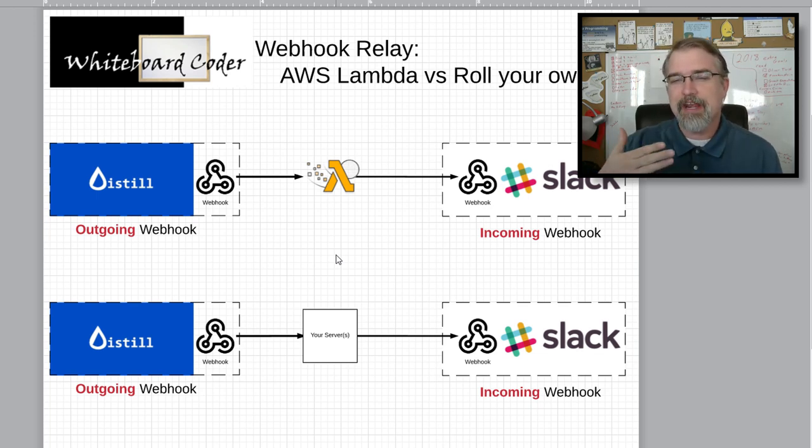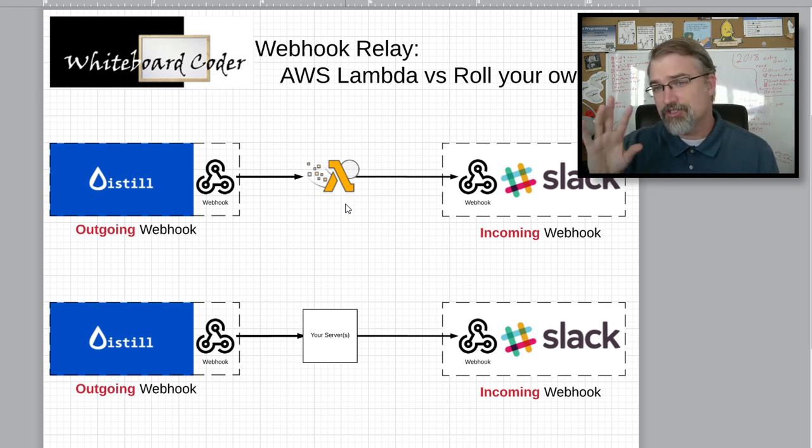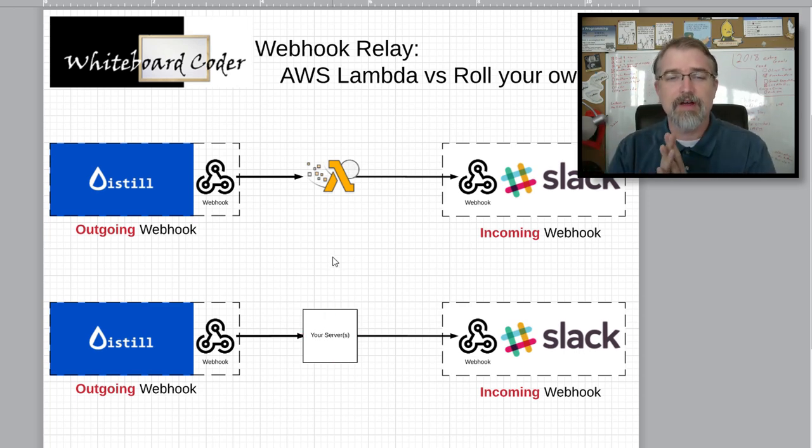Because if you cannot format the outgoing webhook in a certain way that Slack understands, you're going to have to have something sit in between, like an AWS Lambda, which I think I'm going to do a video on shortly, or a custom server that's going to grab that and do that. But I'm not going to do that in this video. In this video, there's enough tweaks that you can do on Distill.io's side to customize it to actually have it work